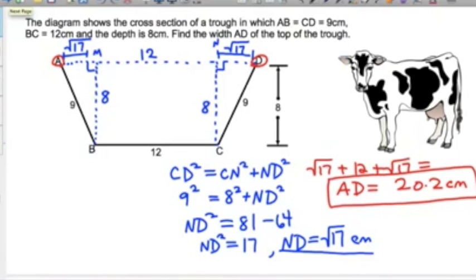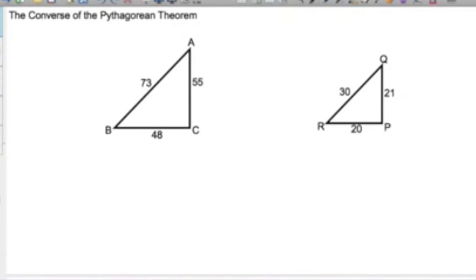All right, so these are some examples involving using the Pythagorean theorem. What we can also do is use the Pythagorean theorem to determine whether a triangle has a 90-degree angle. So this is known as the converse of the Pythagorean theorem. And what that pretty much means is that in a triangle, if the square of the longest side is equal to the sum of the squares of the other two sides, then the angle opposite the longest side is a right angle. It sounds really fancy, but really what it just means is that